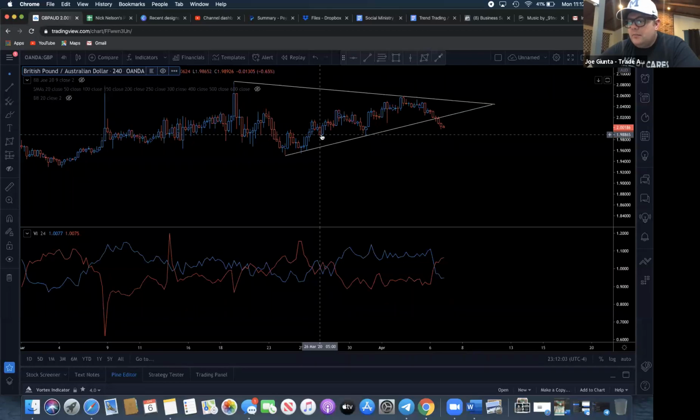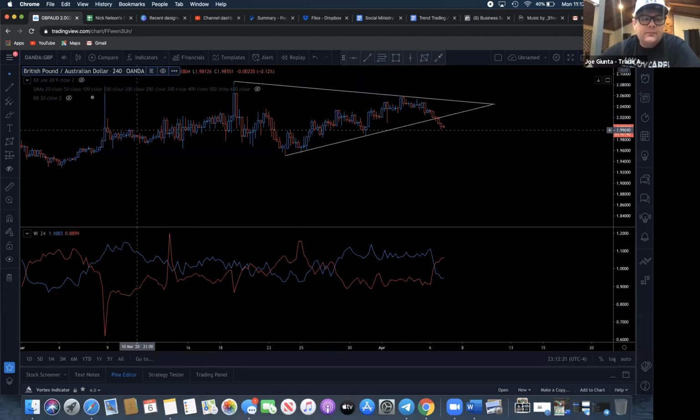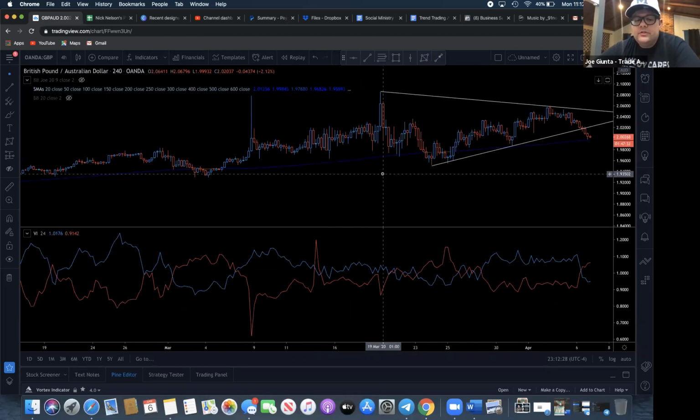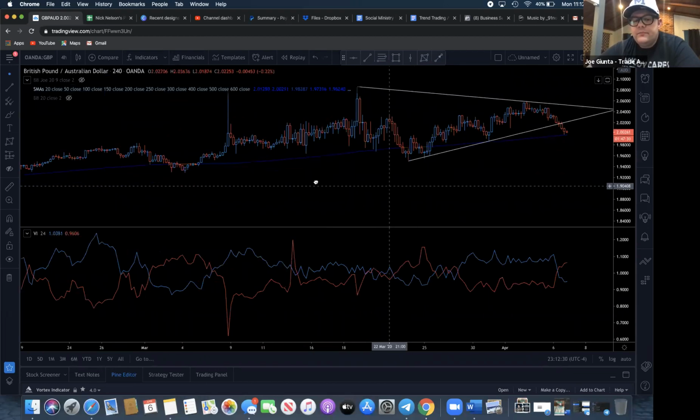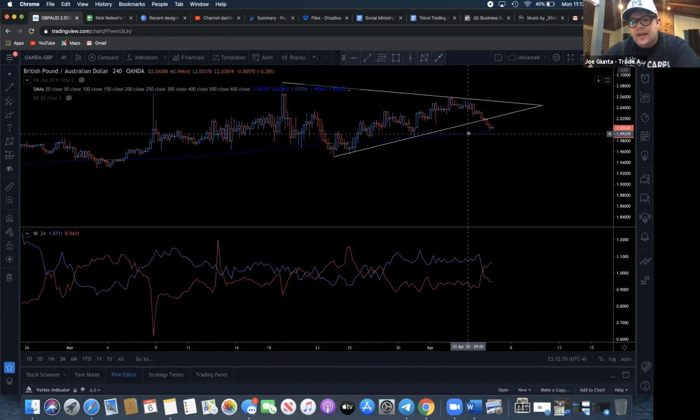Now the pullback comes. So he says slap a MACD on for double confirmation. I'm going to give you something even better. I hate the MACD. If you like it and it works for you, good, do your thing. That's cool though. You can use it for a double confirmation, but let me show you how to eliminate false signals. You go back and you drop a 200 moving average. That's giving you the sure direction in the market. That's the big indicator, right?